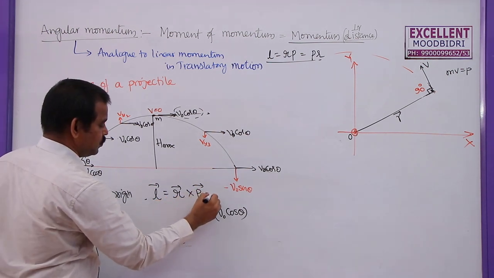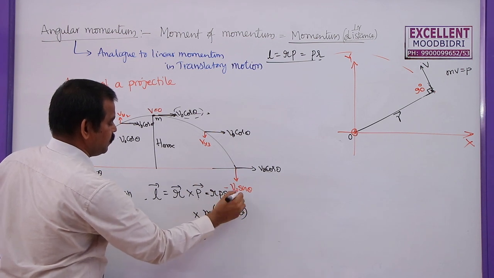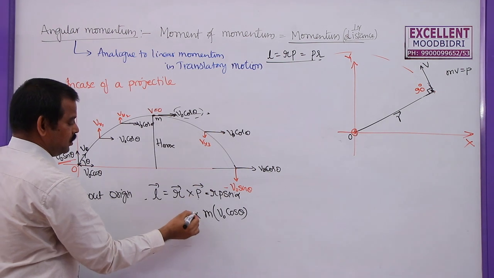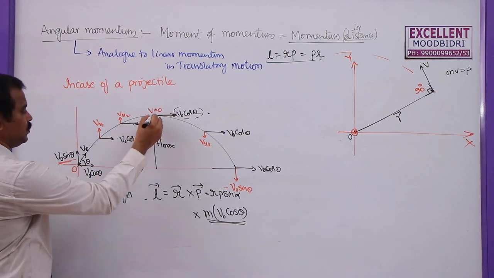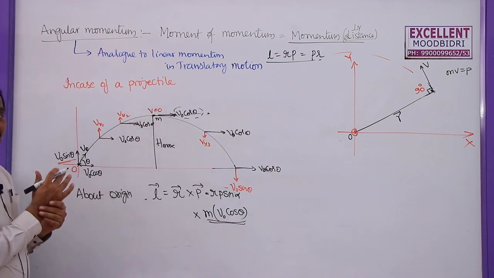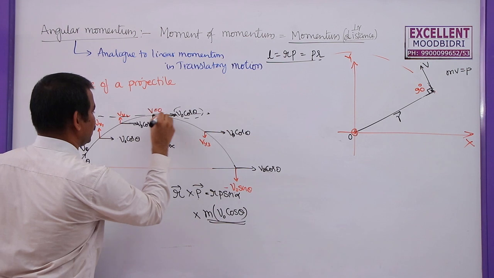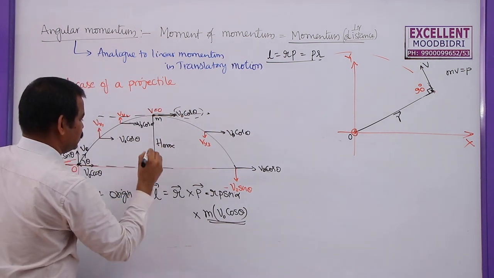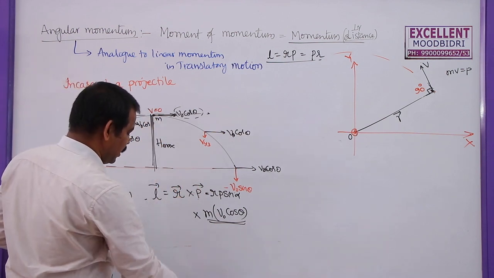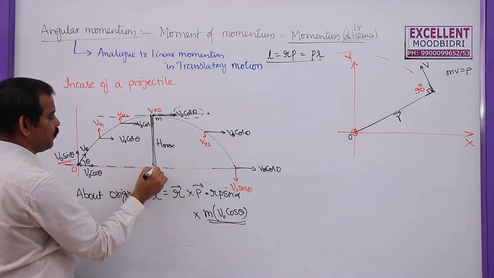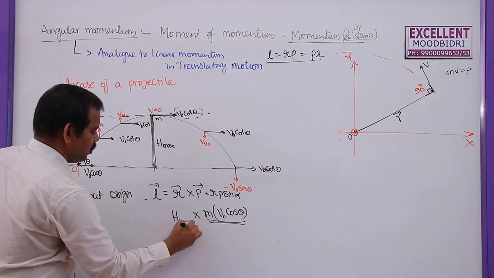This is r cross p, which you can write as r p sin theta. But here I am not writing theta, let me take alpha. Now this is the p vector, that is m v naught cos theta. What is the position vector of this particle with respect to this point? I need to take only the perpendicular distance between the point and the momentum vector. This is the momentum vector here, this is the point, this is the horizontal line. So I need this one. Directly, the perpendicular distance here is given by H max. So this r bar is equal to H max.